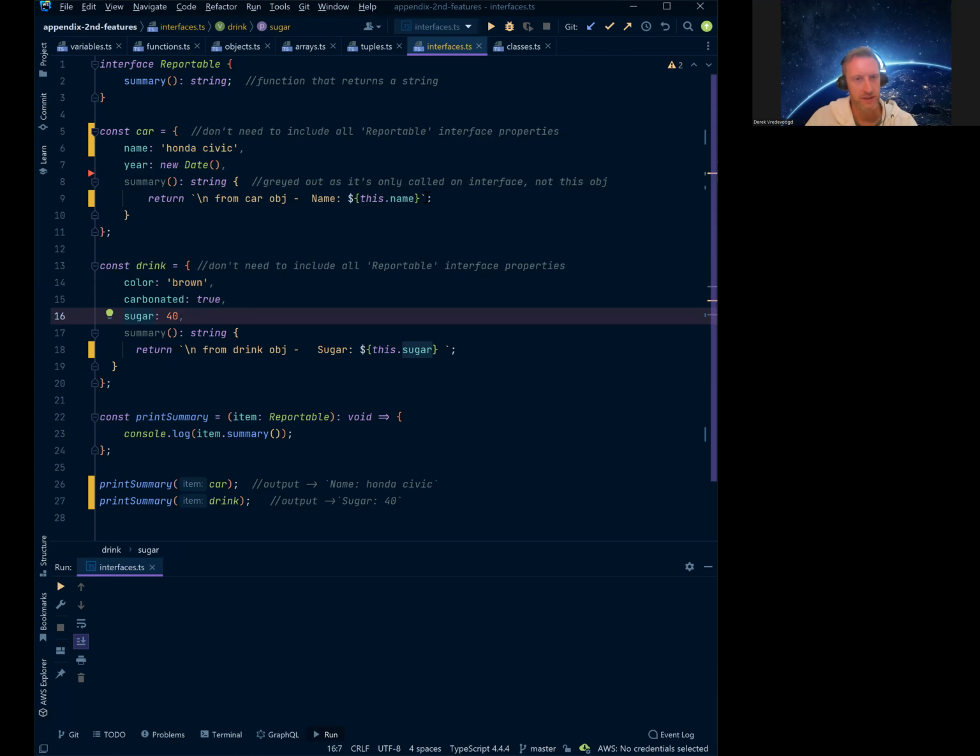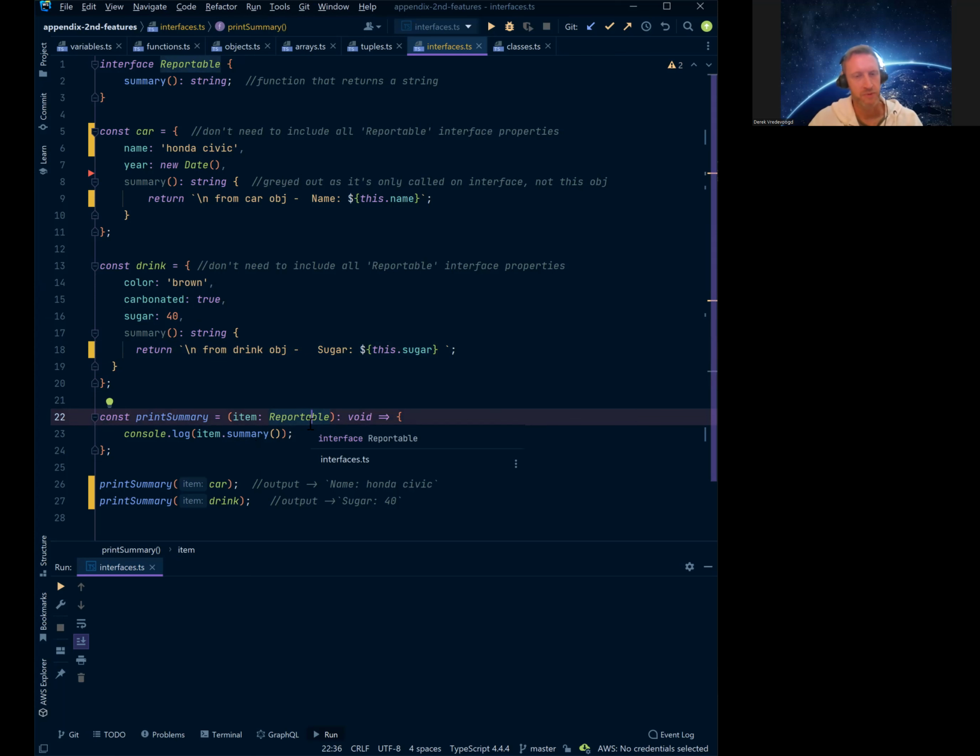So in the summary section, we can pick out what we want and print properties within that object, in this case, the product item that we choose. Here I'm printing out the name, and here I'm printing out the sugar content. So every time we call this function, it's going to give us the summary of that particular object, even though they may be implemented in a different way. And our reportable type interface is going to be able to work and be typed within TypeScript to